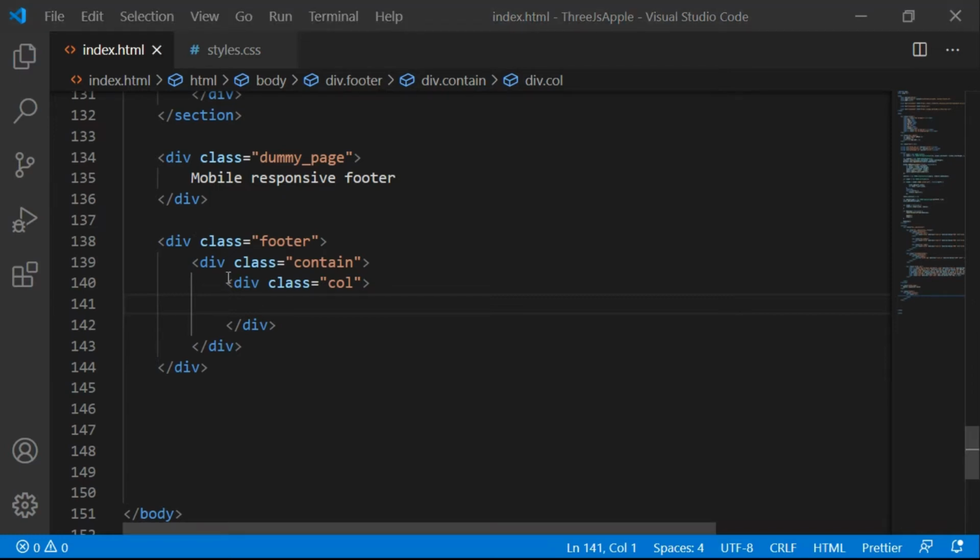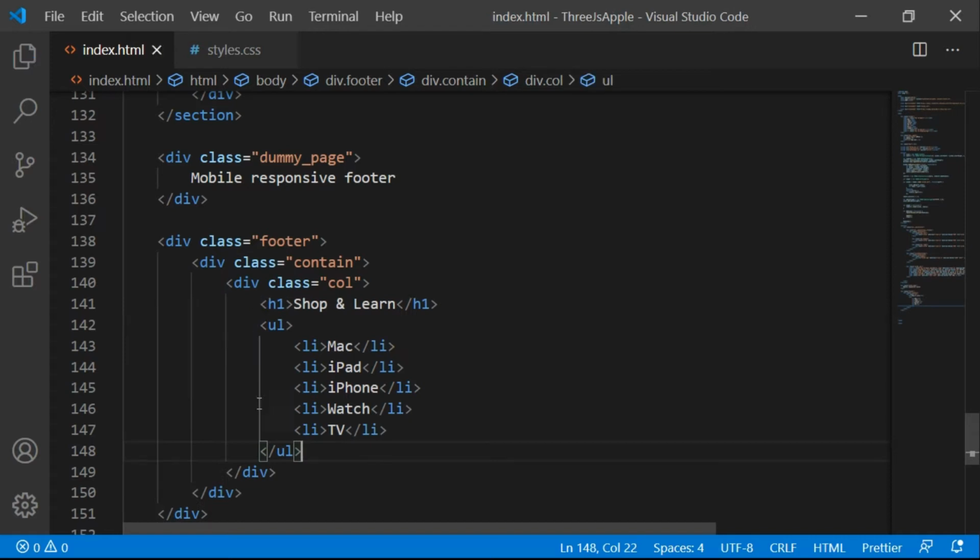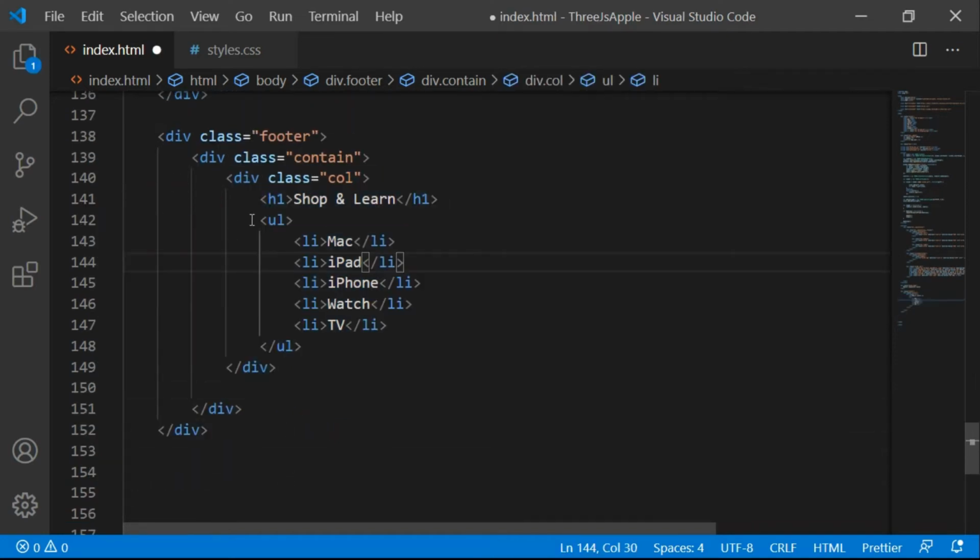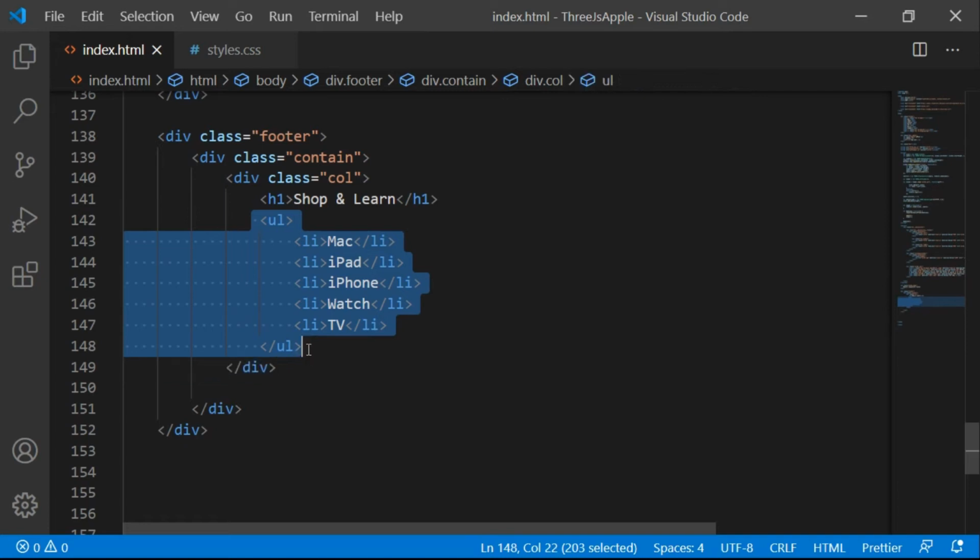And each column is going to have items listed in a column. Okay, so let's go here and I'll paste the code. The h1 will basically be the title, and the unordered list is going to have some list items, which are li, which are Mac, iPad, iPhone, watch and TV.